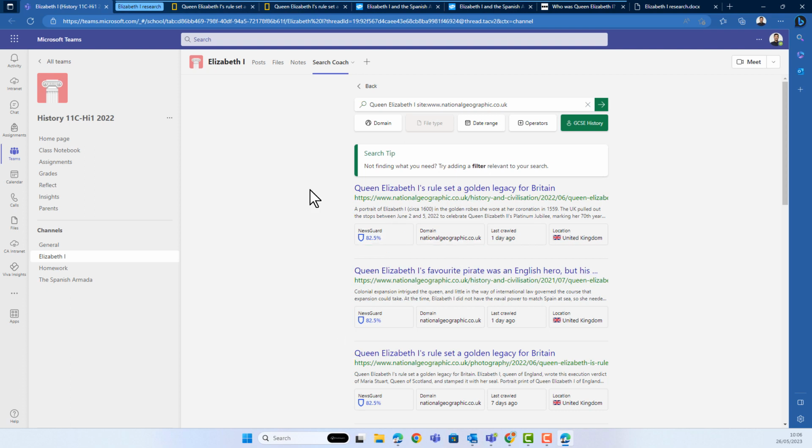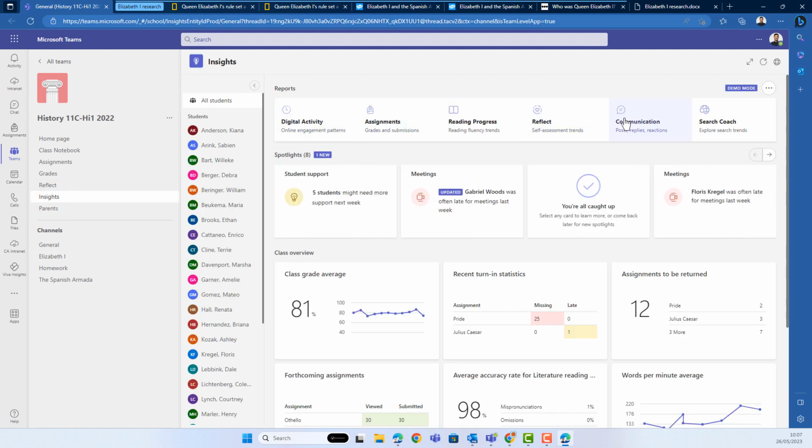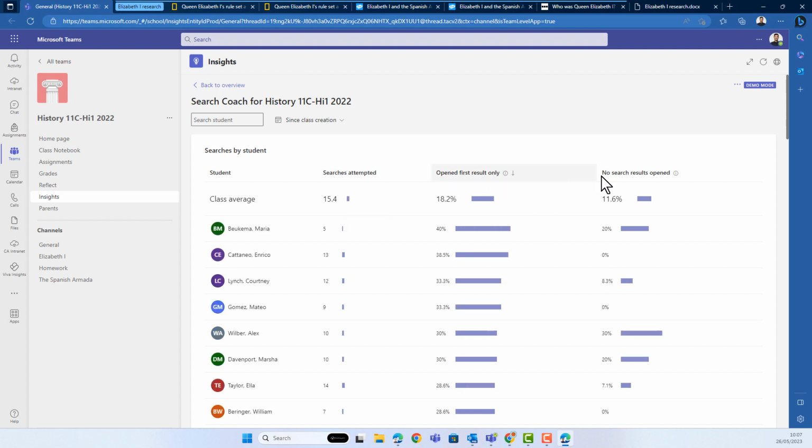Let's go and look into insights, because the more we use Search Coach, we'll actually start to gather some data about how our students are using it as well. So to look at data from the class team, we can use insights on the left-hand side here. So I'm just going to move across to Search Coach here. Now we get Search Coach information for the whole class. Numbers of searches, students who only opened the first result in the search, and